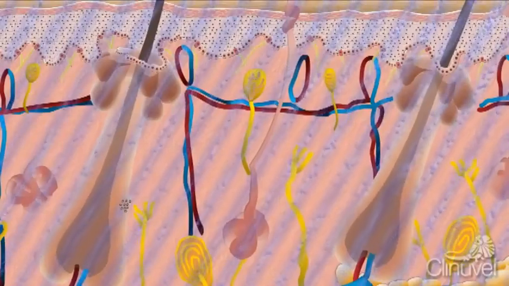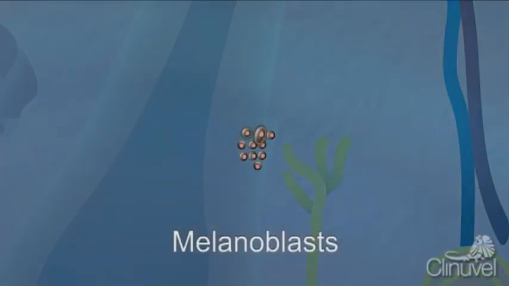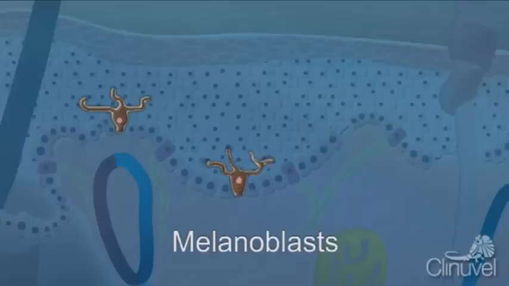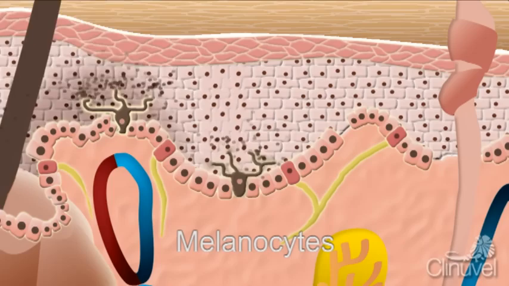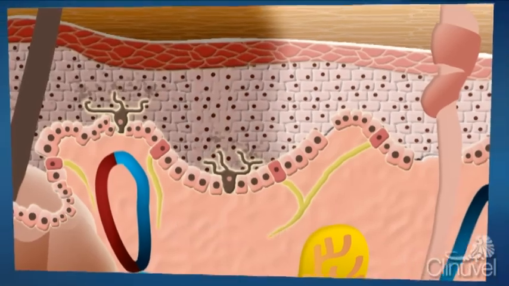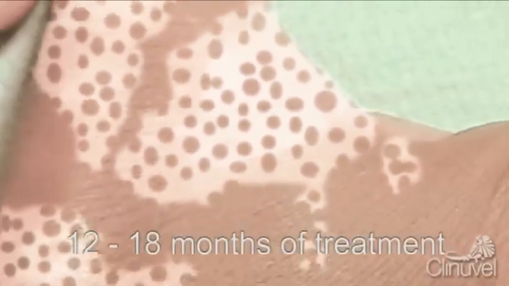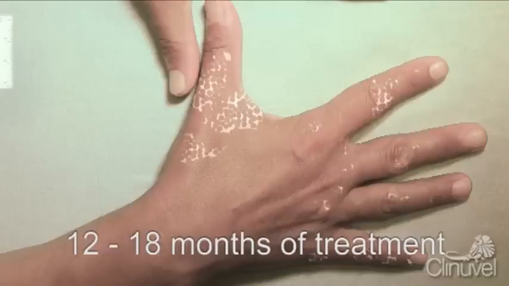When stimulated by narrowband UVB, the stem cells in the hair follicle mature to melanoblasts, which activate, proliferate, and migrate from the hair follicle to the epidermis, becoming melanocytes, fully mature pigment-producing cells, allowing for the skin to repigment. At the surface of the skin, the melanin forms islands of pigmentation in the 2 mm or so surrounding the hair. Over time, the melanocytes migrate further, continuing to produce melanin, and these islands of pigmentation spread and combine, ideally